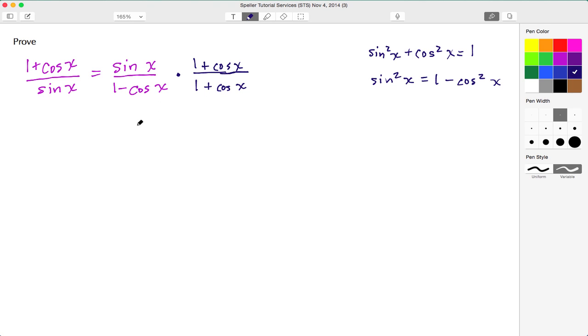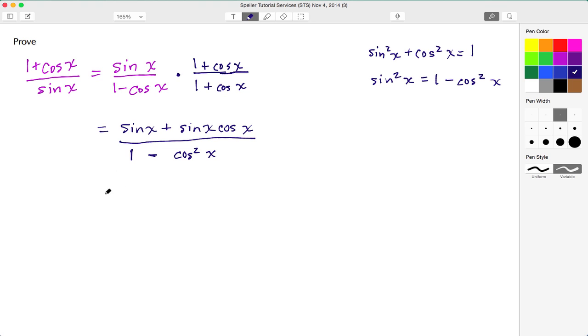So now at this point, I'm going to multiply what I have on the right hand side of my equal sign. I have sine x times 1 to give me sine x, plus sine x times cosine x to give me sine x cosine x. For my denominator, with the conjugate, all I need to do is square the first term, which is 1, and square the second term, which turns into cosine squared x, and take the difference of that. This is always going to be negative. This is a fact that happens when you multiply by the conjugate.